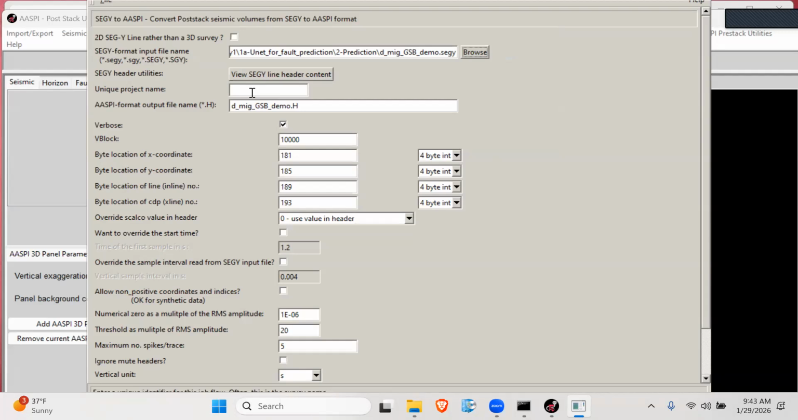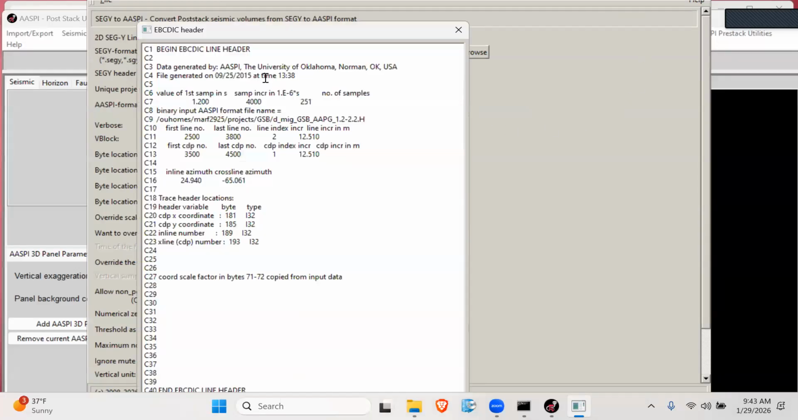As usual, AASPI is going to ask you for the unique project name. So I'm just going to put AASPI_demo. You can put test or your name, whatever you prefer. So for the SegY line header, you see that it's like,